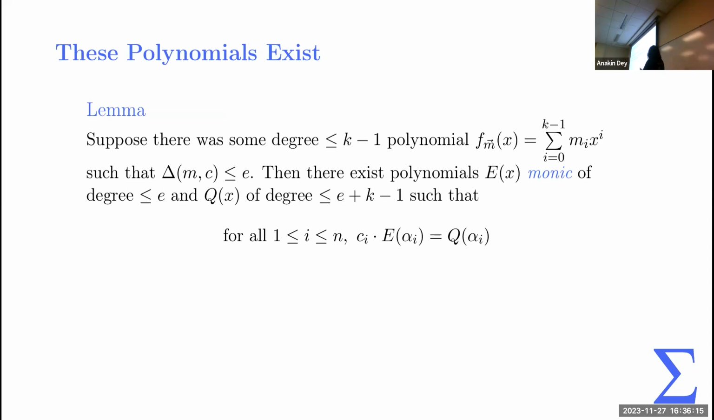And then there's a quick lemma that these polynomials actually have to exist. If they didn't exist, that'd be kind of bad. So suppose that there is some polynomial f of degree less than or equal to k minus 1, such that the distance between the message,